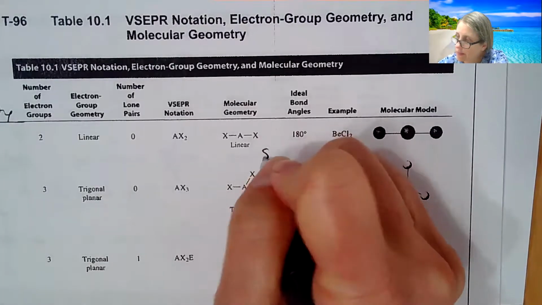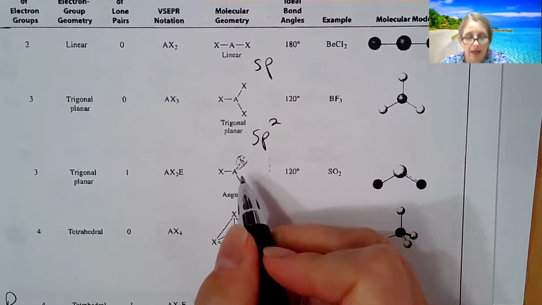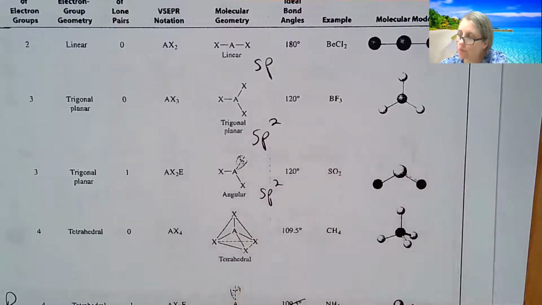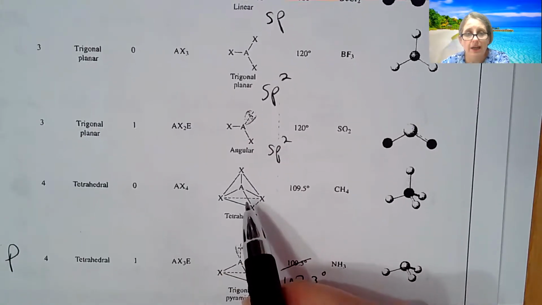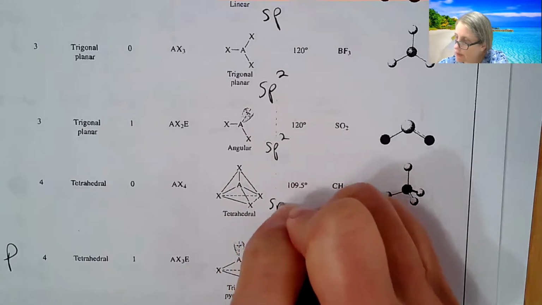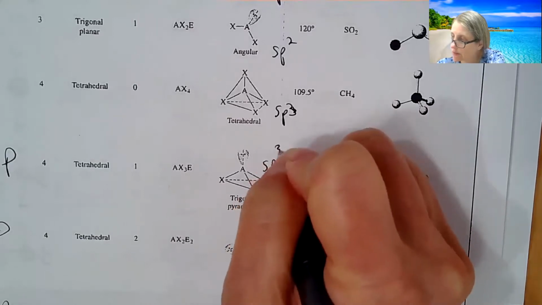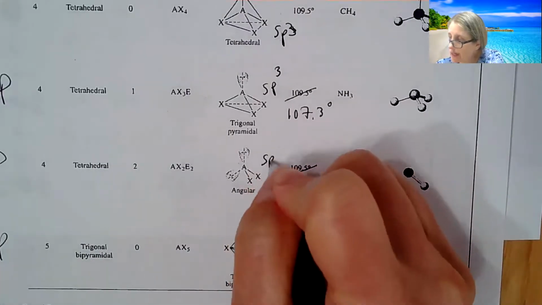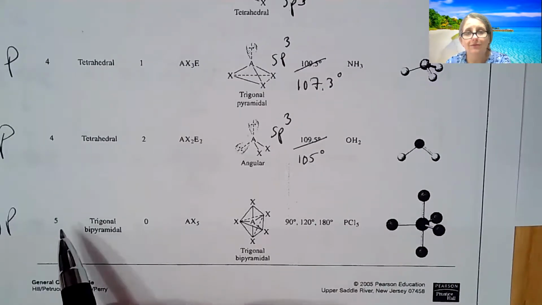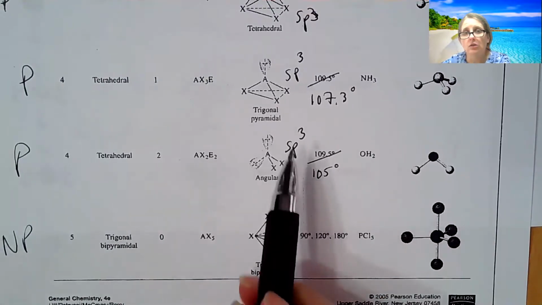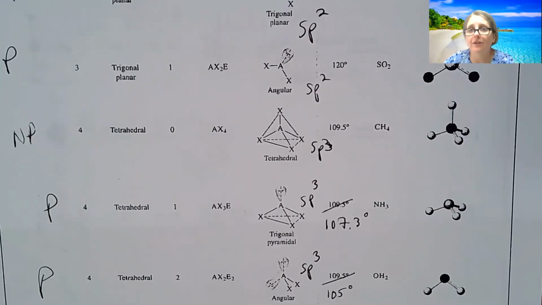So linear is going to be an sp, trigonal planar is going to be an sp2. Angular here is sp2, because again, the lone pair needs a place to live, so you have 3 locations. Tetrahedral is going to be an sp3. Trigonal pyramidal is also an sp3. Angular sp3, and then that's where it falls off. Once you get to 5, beyond the octet, you don't have any more hybrids. So again, if you just memorize that, you will be fine for hybrid orbital